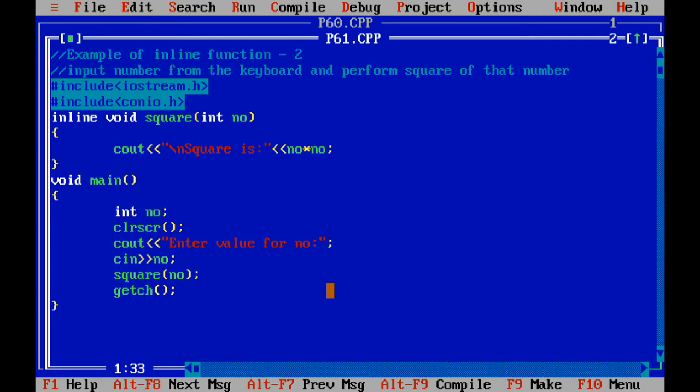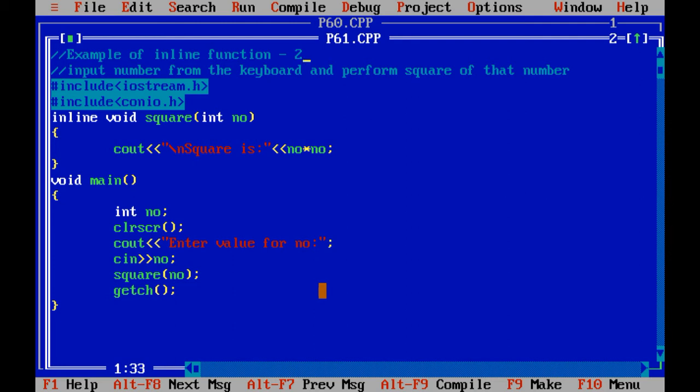So whatever UDF you can create, you just need to create that UDF, you need to develop your program based on the UDF, and you just need to apply the keyword inline before the UDF. This is the demonstration regarding the inline function, right?